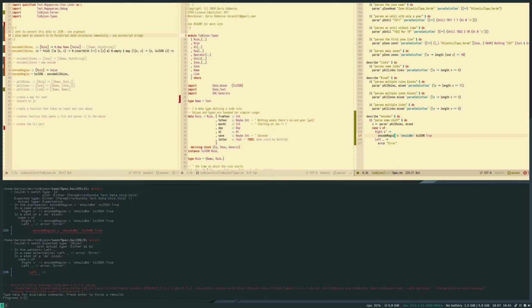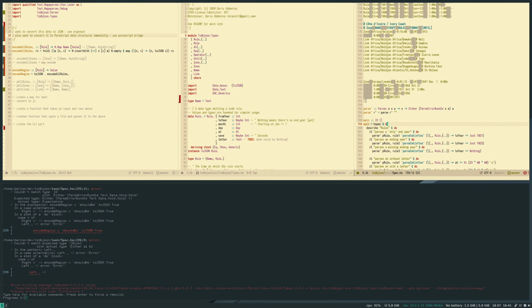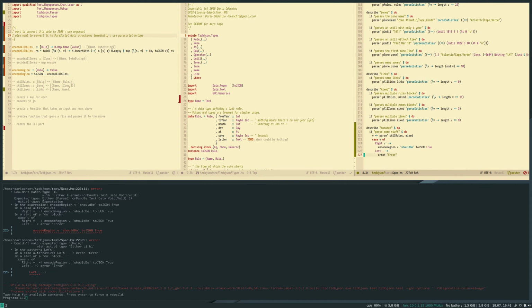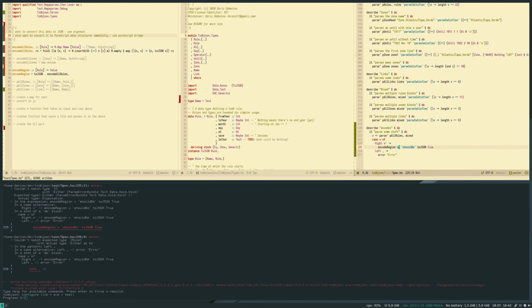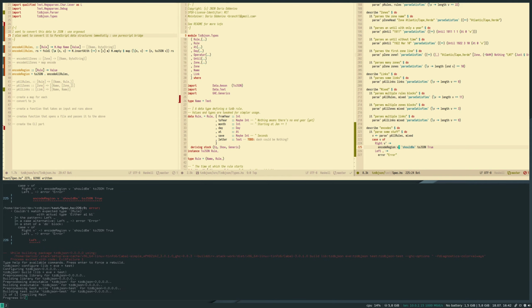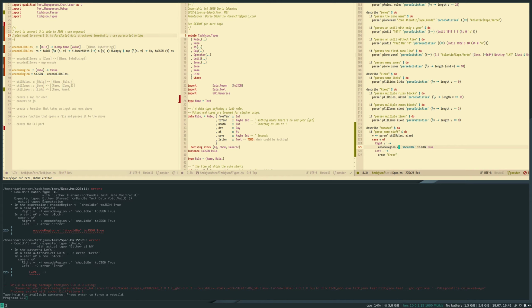left. Couldn't match expected type rule with actual type either A1, B1. Sorry, I'm confused. So this parse returns an either parser bundle SE or an A. So this V, yeah. What?